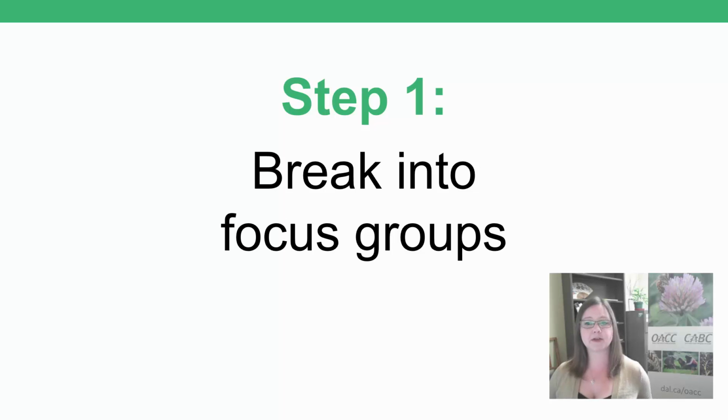To begin, gather together with a group of your peers. If your group is large and has diverse interests, we recommend that you break into smaller groups that focus on a particular subject area. For example, a prairie grains focus group might break into subgroups focused on wheat, barley, or pulses, or alternatively into groups focused on soil zones. We suggest the group size does not exceed 10 people. This allows for a diversity of thoughts while still allowing everyone at the table to contribute to the discussion.